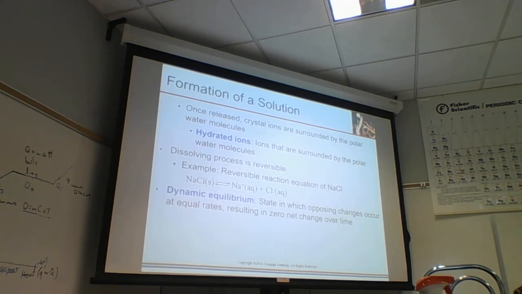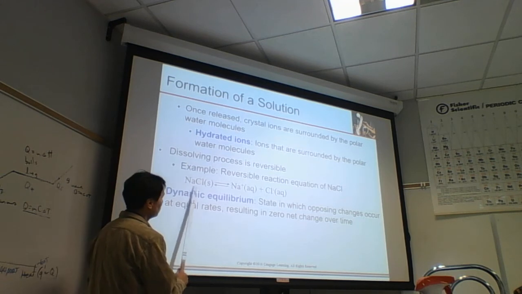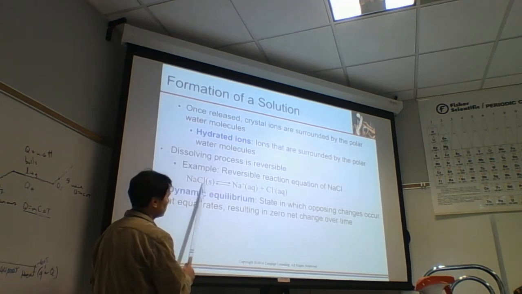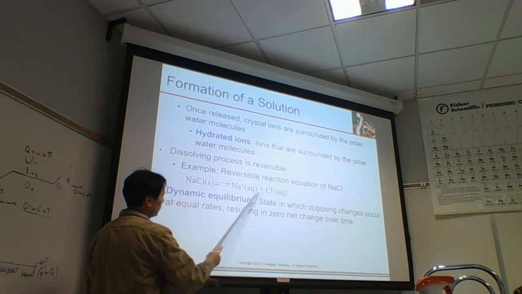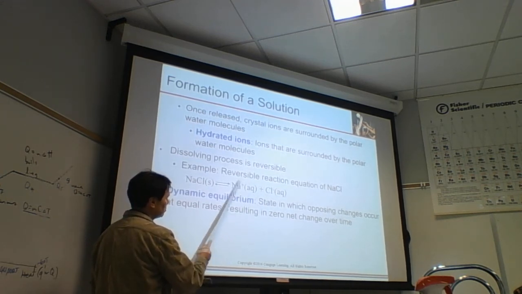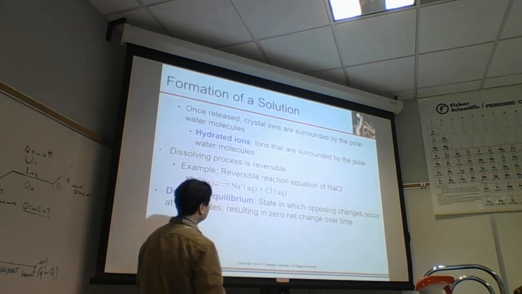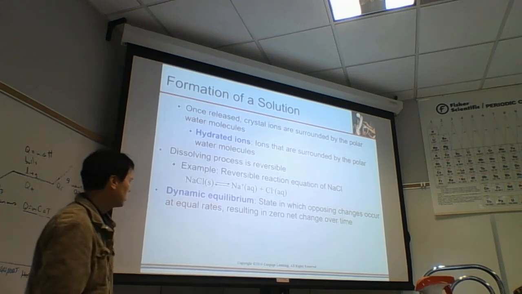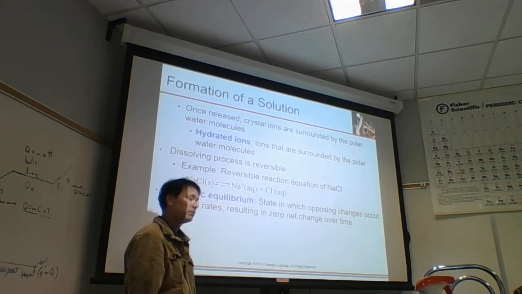We will represent this whole process like this. Take solid sodium chloride and dissolve it. When we dissolve, the ions break off, or break apart. We're left with the hydrated. So Na plus AQ is the hydrated sodium ion. Cl minus AQ is the hydrated chloride ion. This is called a dynamic equilibrium because what happens is, can you dissolve an infinite amount of sodium chloride